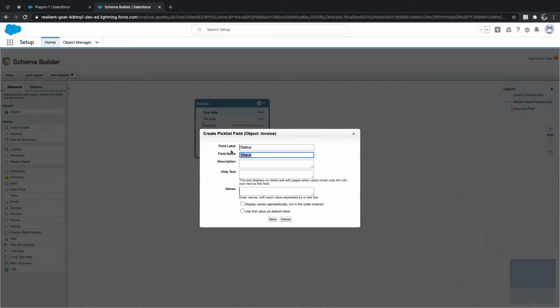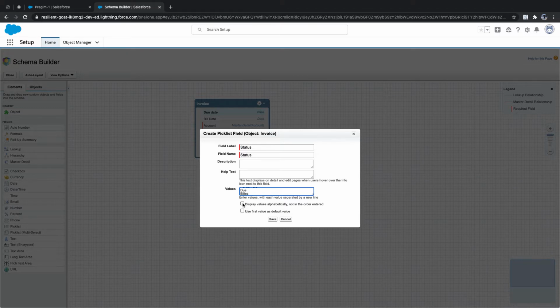Stop me if I am going fast, guys. Values, I can say fully paid, partially paid, no update, unpaid, I can say due, bill.